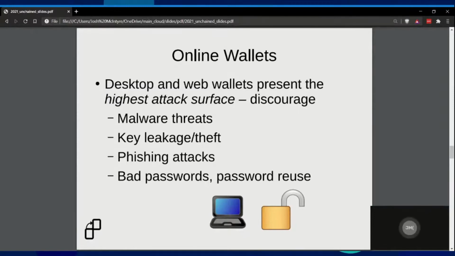And attackers used that email and password to log into their blockchain.com wallets, log into their email to verify and wipe them clean. These are real things that have happened, and they're very scary when you talk about online wallets and desktop wallets. It just provides a much broader surface for all kinds of different vulnerabilities. I'm certainly not giving a comprehensive list of issues, and I don't know a comprehensive list of potential issues. But in general, the difference between a web wallet and a hardware wallet is the online wallet has a much broader class of vulnerabilities that can happen with it and cause issues for your users.